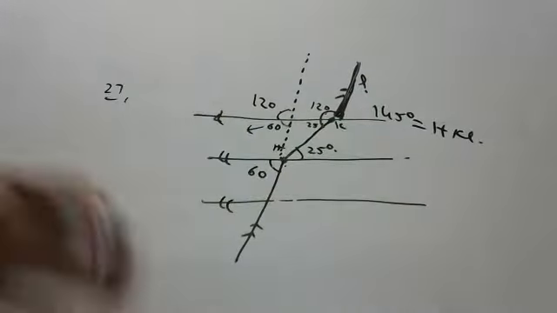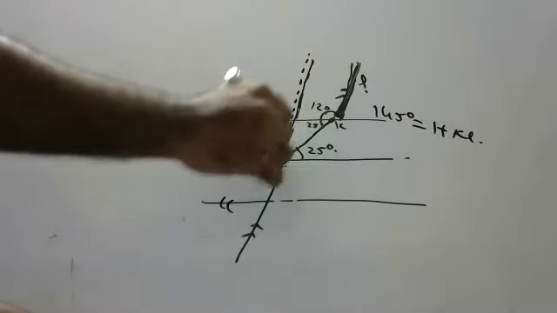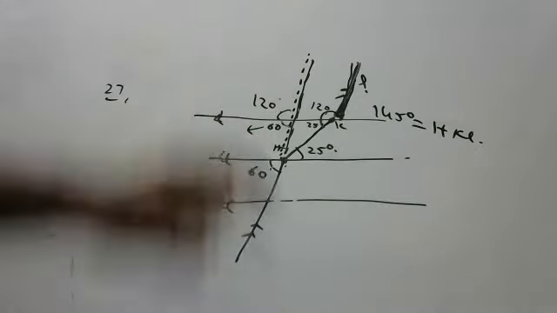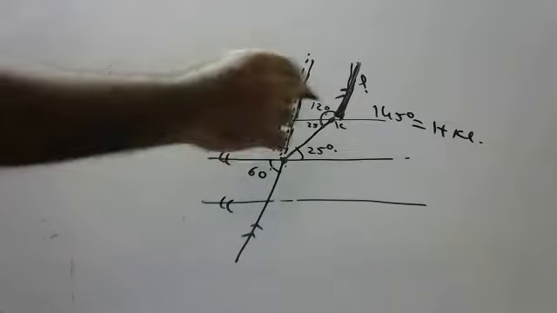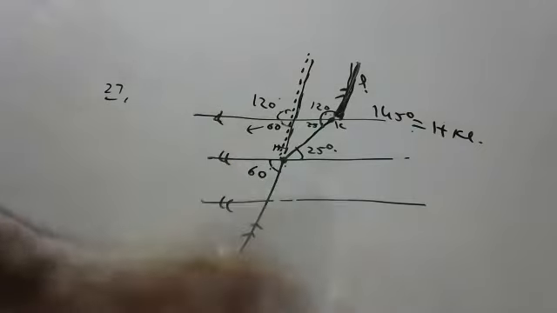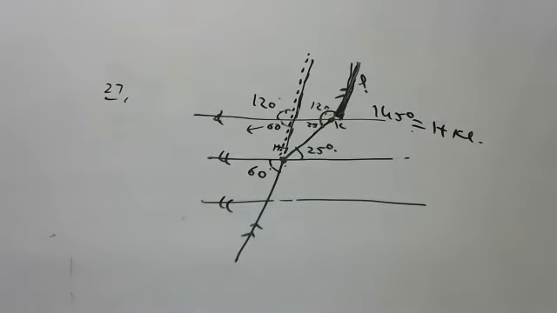Over. Those who didn't understand, I extended this line, children. 60 is equal to 60, corresponding. 60 to 120 is a linear pair. 120 is equal to 120, corresponding. 120 plus 25 is your answer. You should have understanding, children. Sir, can I extend like this? Yes, children, like that also you can do the sum. Already I discussed this sum somewhere.